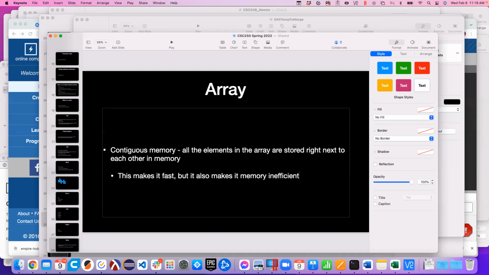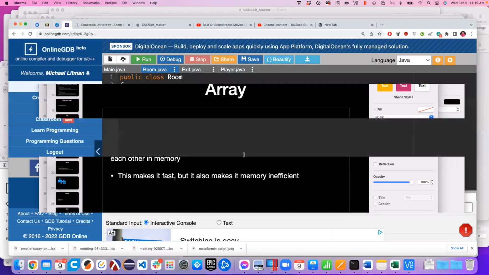It makes it memory inefficient because when we first create an array, we have to request all the memory that we think we might need right off the bat to hold however many things we're going to hold in the array. All right. With that in mind,